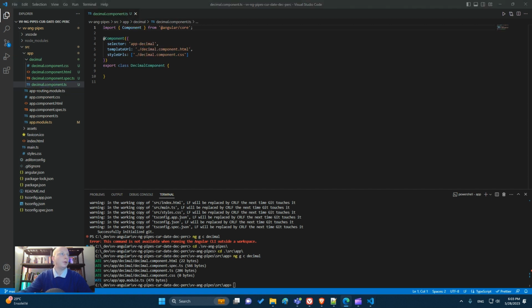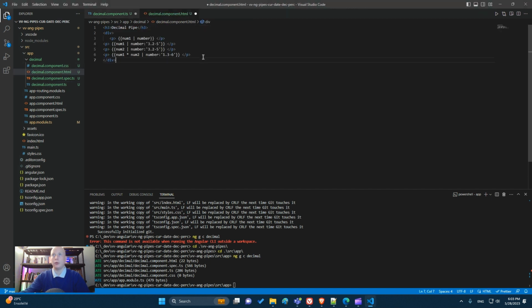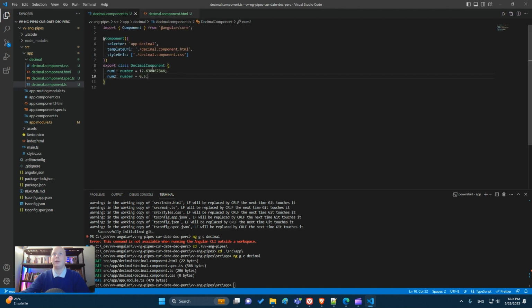In the controller we'll put this, two numbers, and in the template we will put the example from concretepage.com. Save.